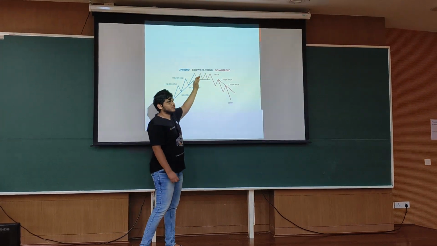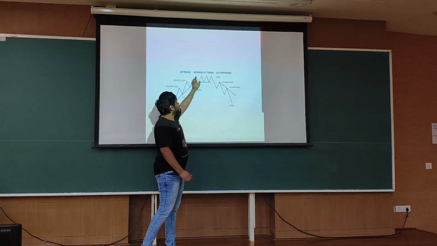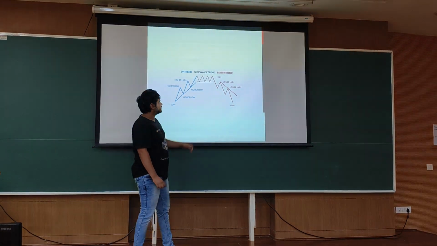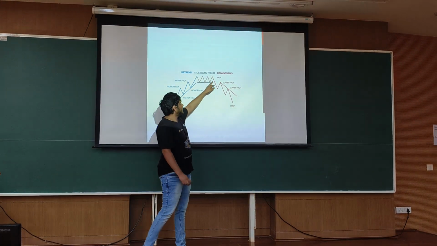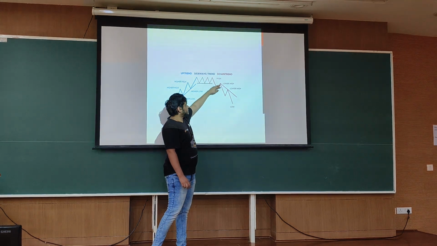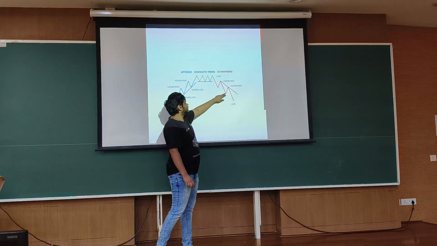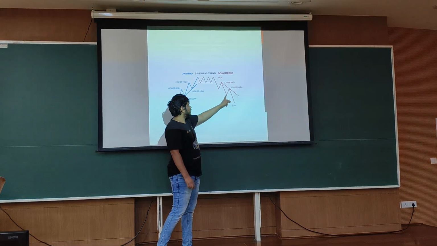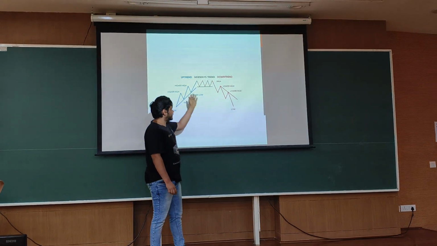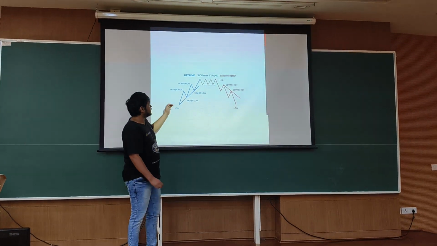If there are sort of equal lows and highs, then it's a sideways trend. And if the reverse is true, that consecutively lower highs are being formed and lower lows are being formed, so this low is lower than the previous low, this low is lower than this previous low, then that is a downtrend. Three trends: uptrend, sideways trend,